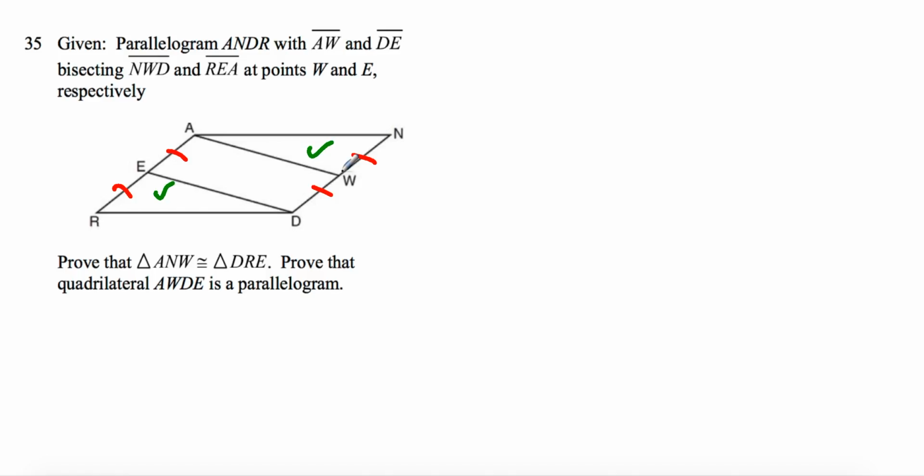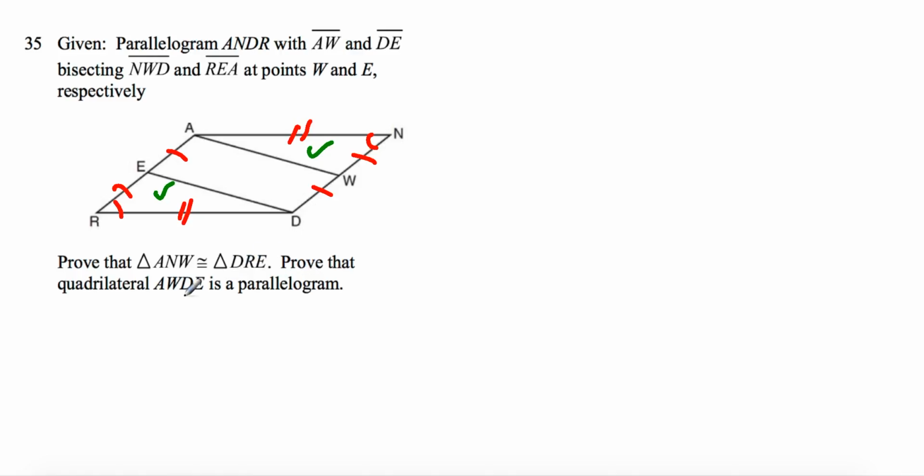Now, the next one is, we just mentioned that opposite sides are congruent, and then halves of them are congruent, so we realize that one. And this angle is congruent to this angle. Why? Because opposite angles are congruent in a parallelogram, and the other pair of the opposite sides are equal to each other in the parallelogram. So we realize that those two triangles end up being congruent by side angle side. And then lastly,